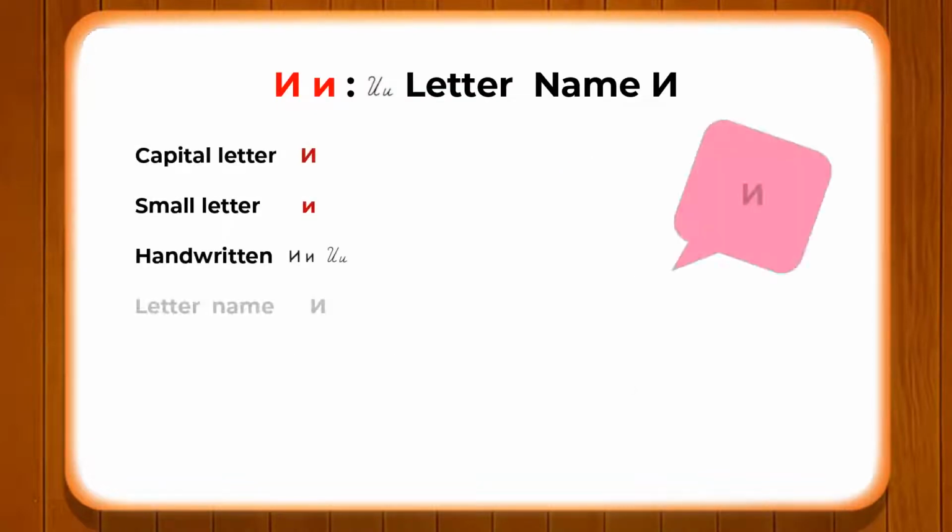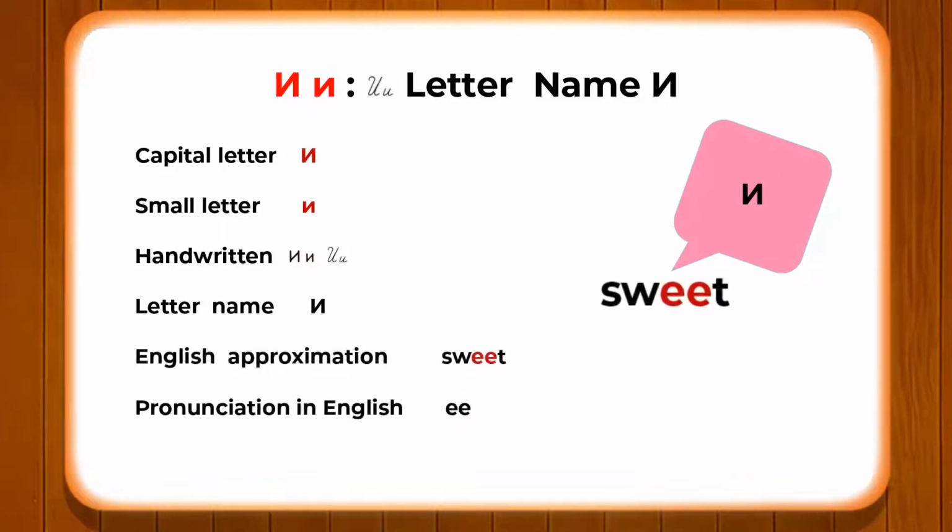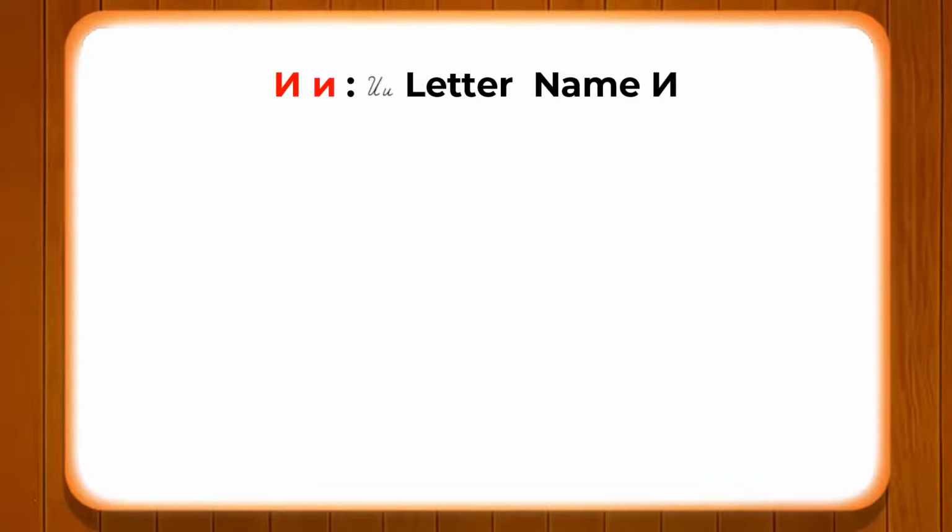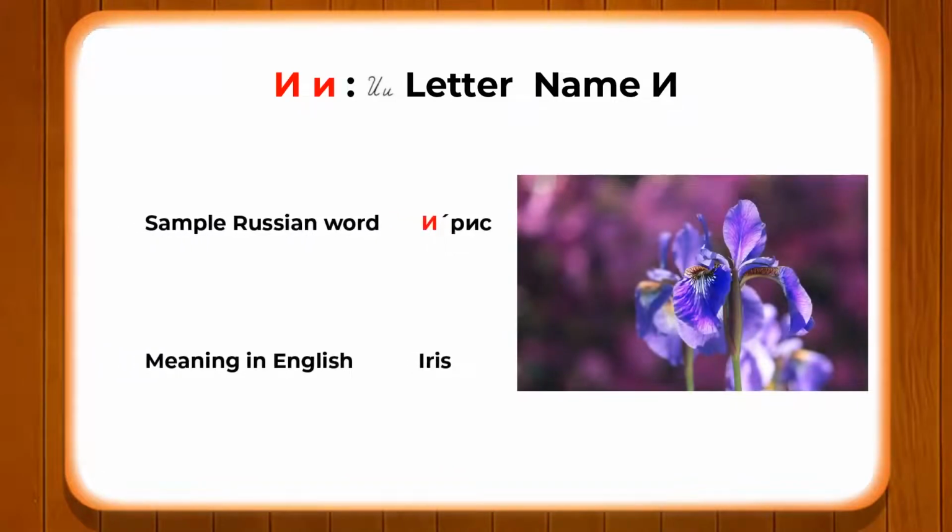We have E and we have E kratki, which is a small e like we have in Hindi, but in Russian what is the purpose they serve? Both have different sounds. So, we have E, and how do we find the approximation of this sound in an English word? For example, in the word sweet, and we have used the same sound which you can find in the word iris, the iris flower as we see.